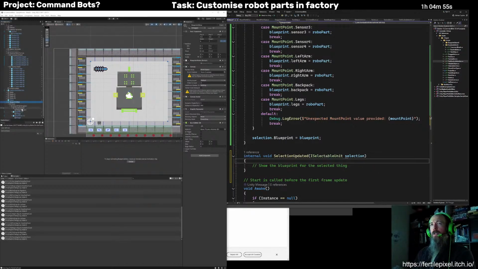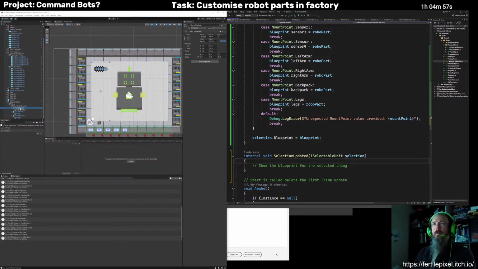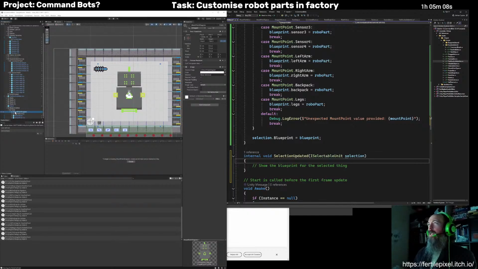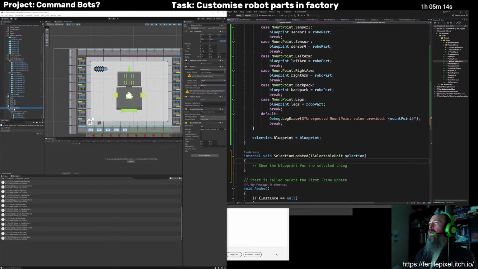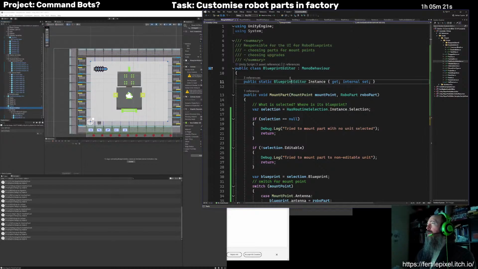So we're going to need to get the mount points, which, yeah, they're just children under this mount point diagram. And we're up here on the canvas. So do I have anything referring to that yet?